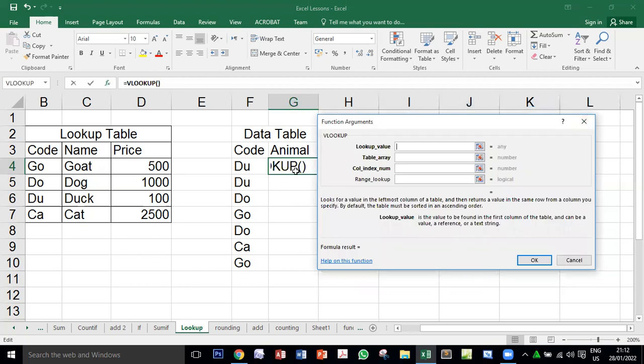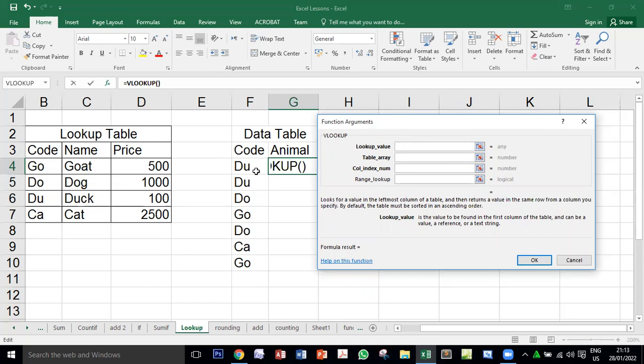Okay, let us study this window. I have 4 arguments. One argument is called the lookup value. The other will be the table array, and one called column index number, and one called range lookup. Let us go through them one by one and select appropriate data in them. And when we're done, okay,